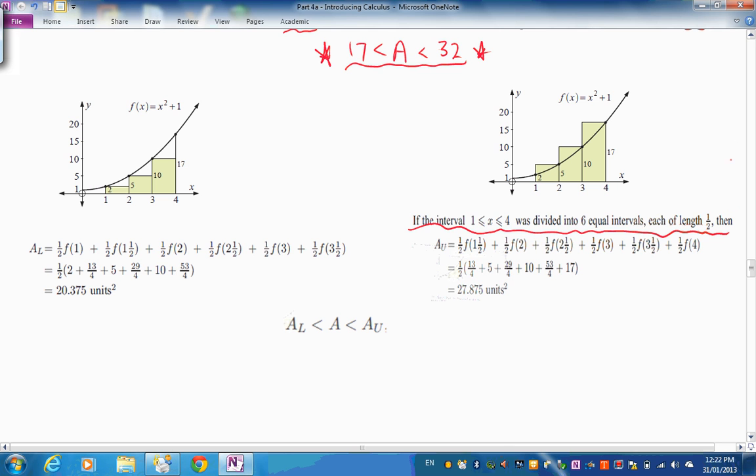Oh, here's an idea. We could divide it up into smaller rectangles. Okay, so from 1 to 4, instead of having 3 rectangles, we could have 6. So in other words, start to make more rectangles. So what would that mean? Well, there'd be 1 there, 1 here, and then 1 there, 1 there. Then in the next interval, 1 there, and 1 there, I think. Okay, so we're going to do more rectangles